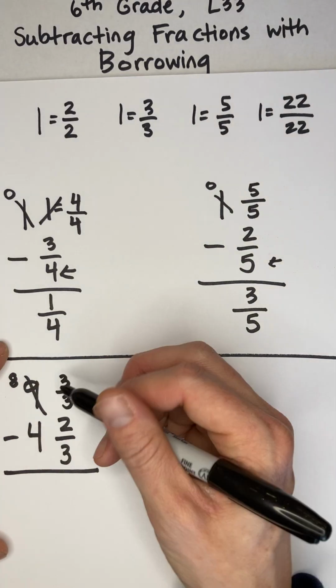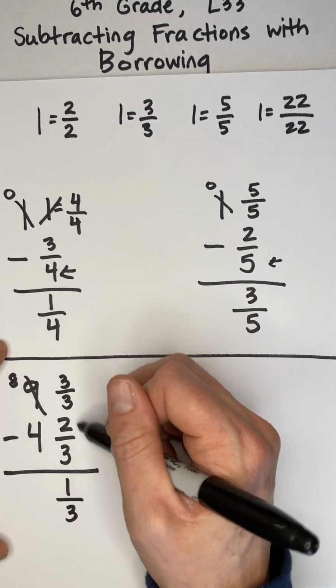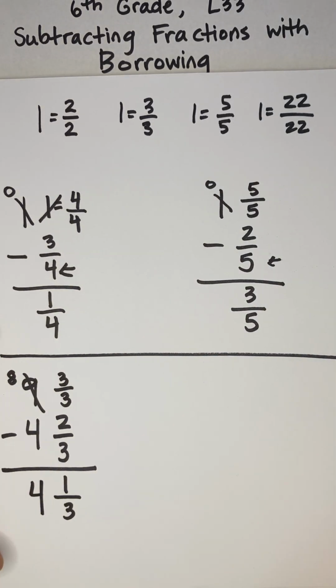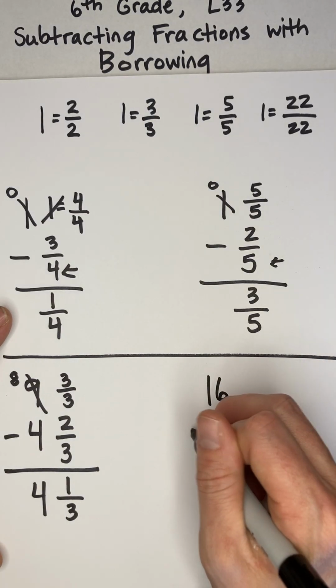Okay, now I can subtract. 3 minus 2 is 1 with a denominator of 3. Because remember, we keep denominators the same. 8 minus 4 is 4. Okay, let's try one more. Let's do 16 minus